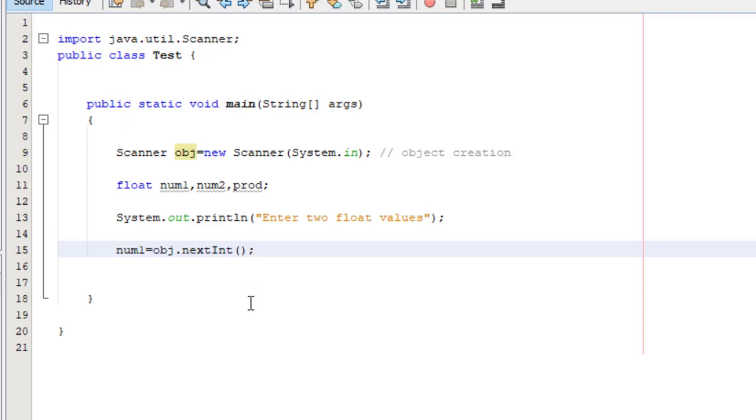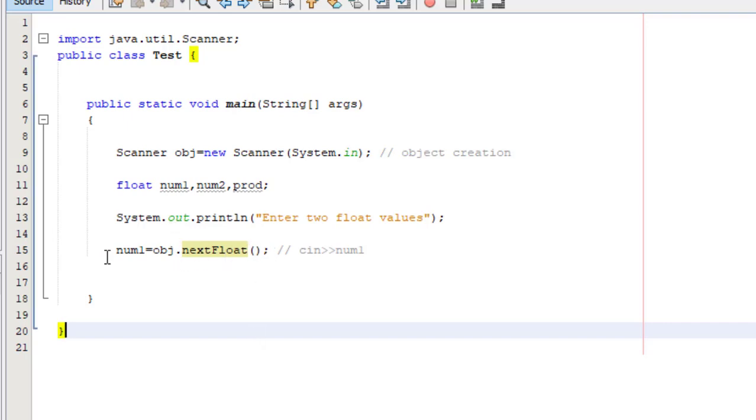So this is the same as when you write cin >> num1 in C++. That's the same way, right? But here I'm reading an integer value, and I'm not dealing with integer values. I'm dealing with float values here, so I just have to write float, because I want to read a float value